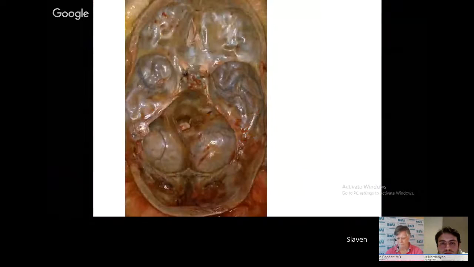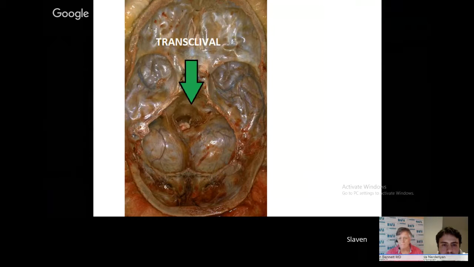Okay, so this image is probably well known to most medical people around the world. This is the skull base in a cadaver. And if we try to look at this clockwise, I don't know if you can see my arrow here. Can you see my arrow? Yes. Okay, great. So if we try to view this skull base as a clock, in this fashion,